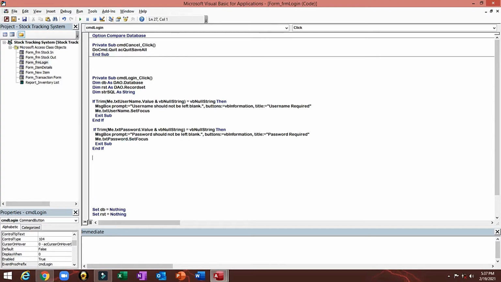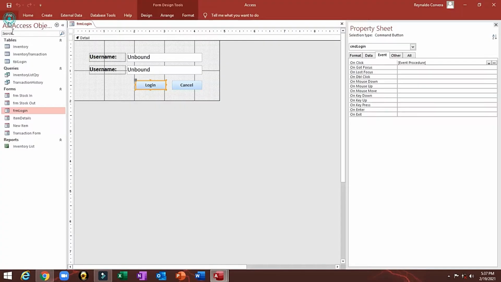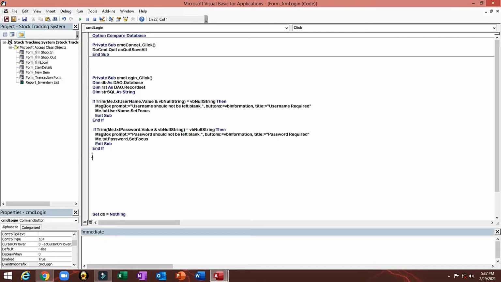So now, in order to check if login details are correct, we need to put some SQL statement here in order to check our entries in our login table. Here, TBL login. Then here strSQL, then we'll do a select query. So select first name from TBL login, where user name equal,